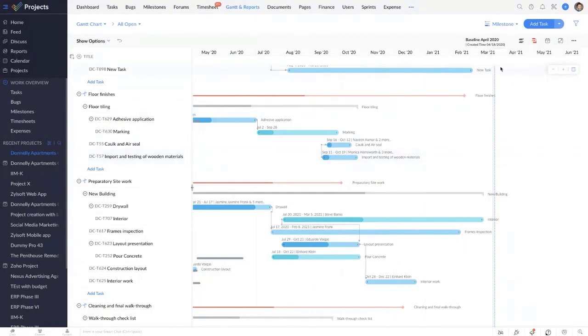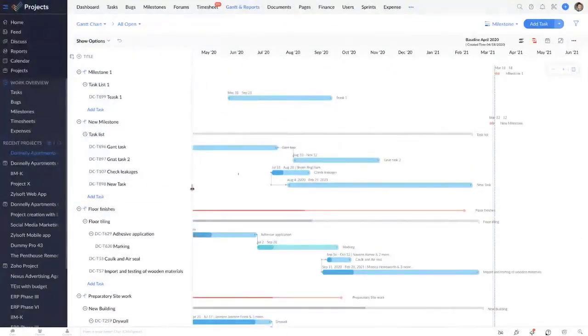Now, let's say this line you see here is the end date of the project. Let's say the end date of this task is extended to go beyond the end date of the project. Now, this task would automatically turn red, indicating that this is a critical task and needs to be completed before you complete the project. And now you could plan and rework the end date of this task. And if you bring it back inside the end date of the whole project, it turns back to its normal color. Now, this lets you easily identify which tasks are important and which tasks need to be completed before the end date of the actual project to make sure that you deliver the project on time.